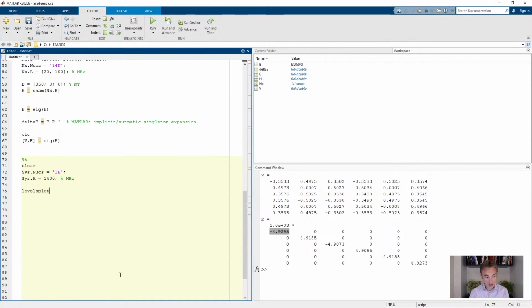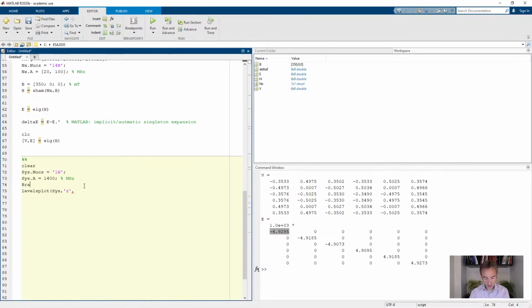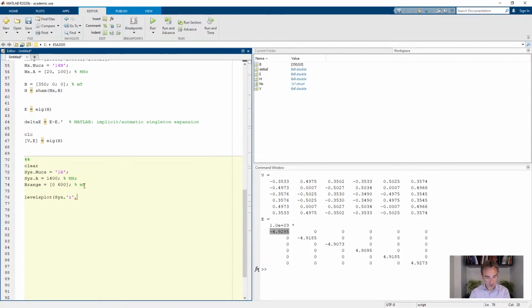And let's now use EasySpin's function levels, which plots this energy level diagram. What you need to feed it is the spin system, then a direction of the magnetic field, let's say the z direction, and some sort of field range. Let's define a field range from 0 to 600 millitesla. And what else do we need? Well, that's it. So now if you run this,